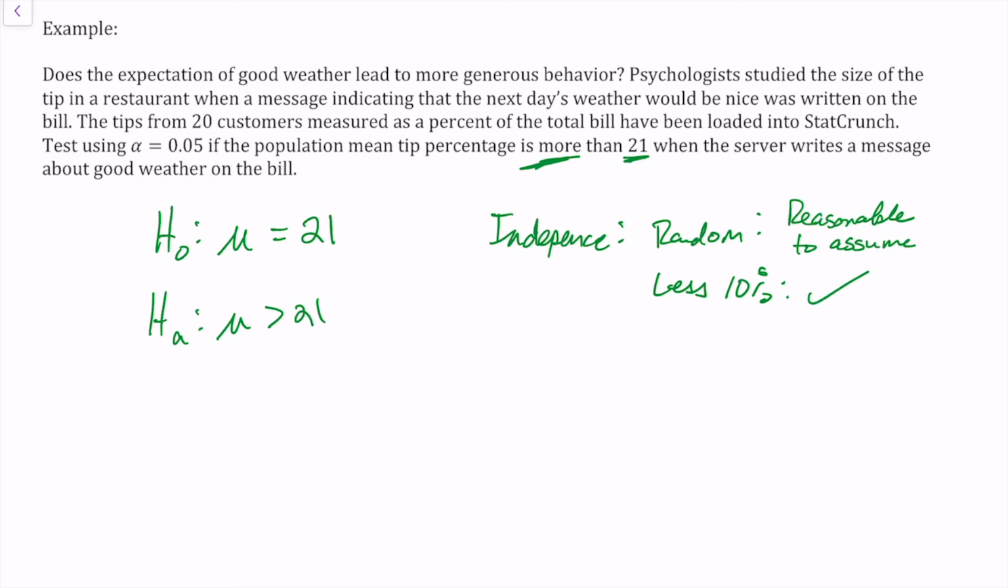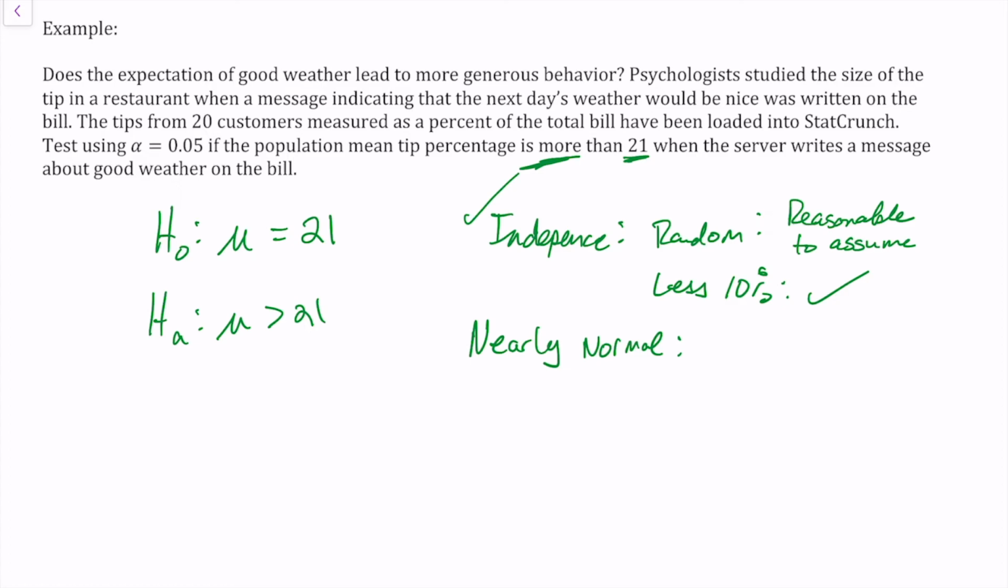And then less than 10% certainly is less than 10%, because we've only looked at 20 customers, and hopefully 20 customers is a lot less than the number of people that come to this restaurant. So the independence, I think we can say it's good to go. Okay, now the nearly normal condition,